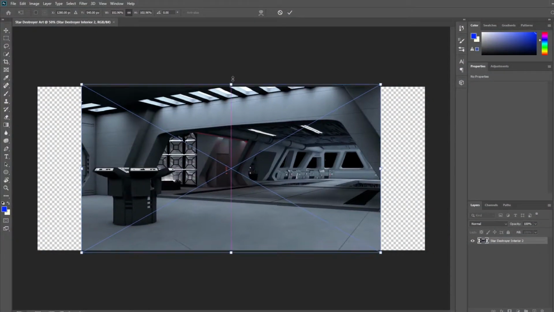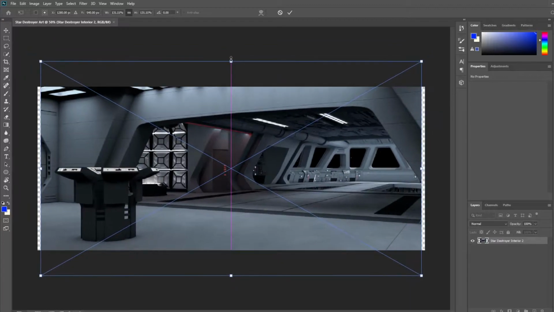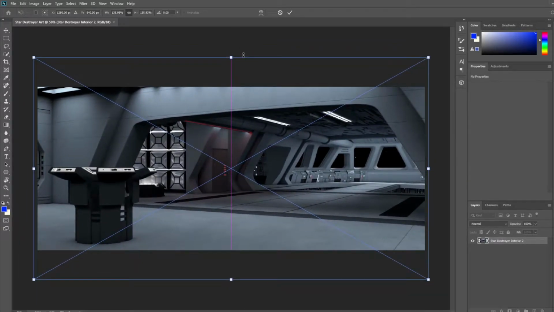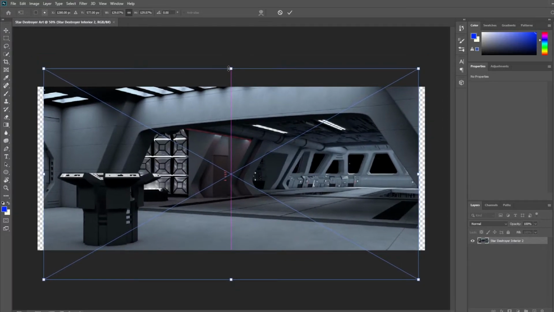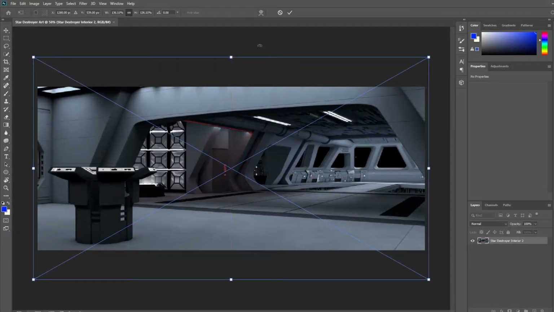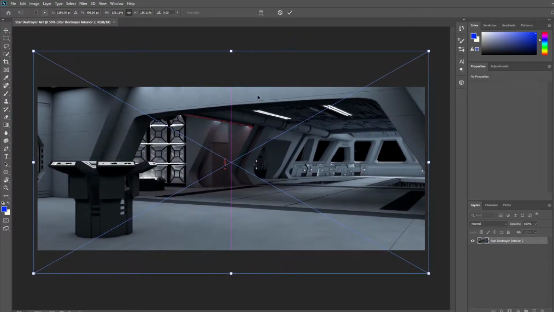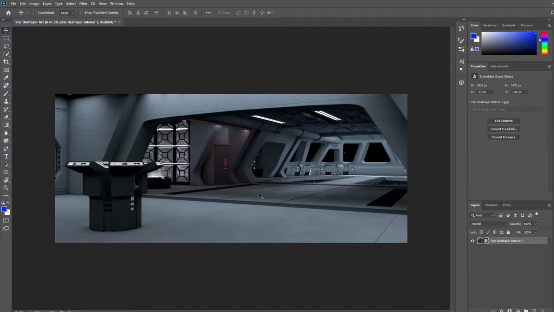Right, without further ado, let's talk about what we are going to be making today. So for this piece, I wanted to make a widescreen landscape artwork. Now, I've never done something like this before. Usually the dimensions I'm working with are portrait, but I thought I'd switch it up a bit and try out something new. And to begin with, I just went online and I found this cool image of the interior of a Star Destroyer. And I thought it could be kind of cool if we had some stormtroopers, maybe in the